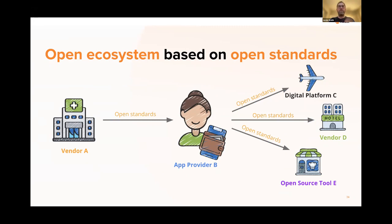It's got to come from one of the approved issuers. And in a global ecosystem, that list of issuers is massive, thousands. And so we must have open standards so that every organization can choose their own vendor. The COVID test lab can choose their solution. Jamie can choose his app, his wallet. The airline can choose theirs, or they could build from the open source, or they can integrate with their existing